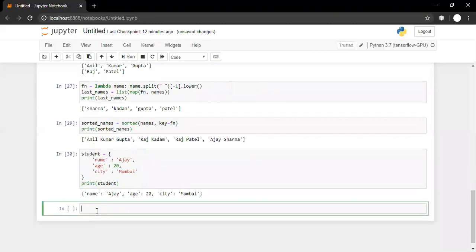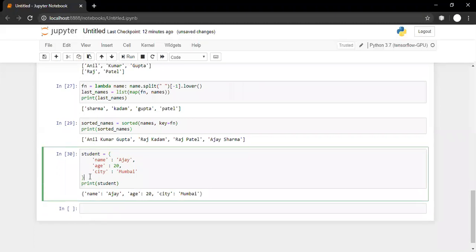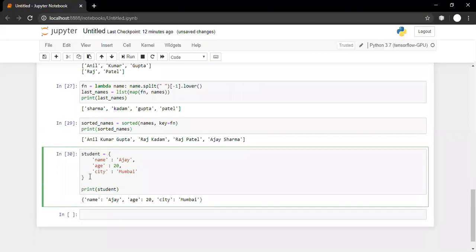print(student). Yes. In the previous session we saw, if we want to remove a particular element from a dictionary, can we remove it? Yes, there are multiple ways.